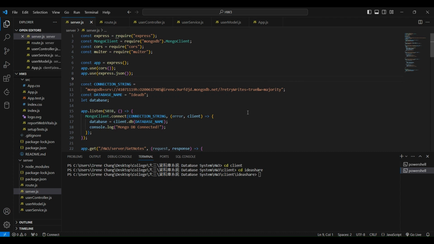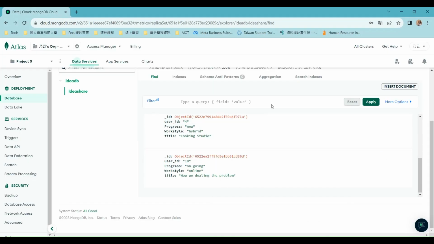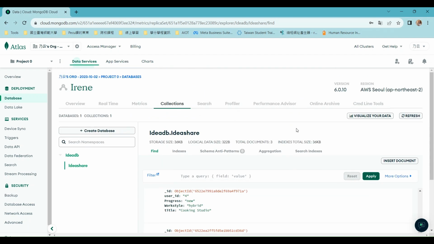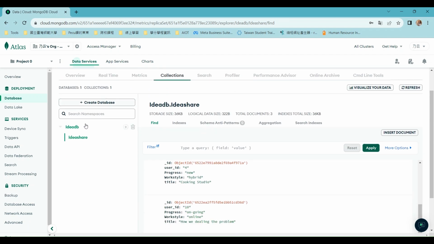And here is the setup, to tell the code or the server here to access MongoDB. So here we need the account and our password, and where we get the connection string is in MongoDB here, and we can find it in the,